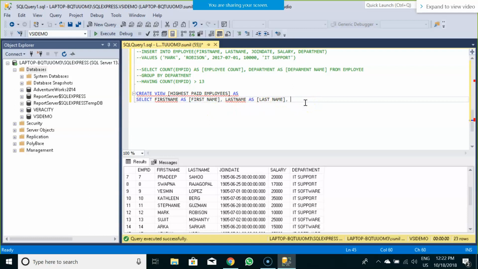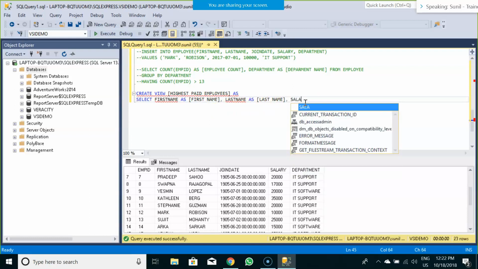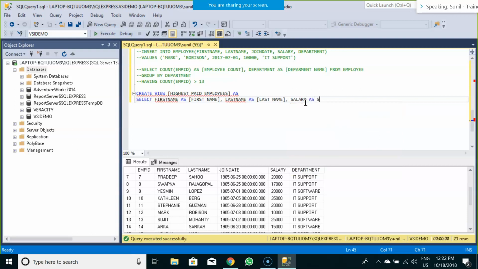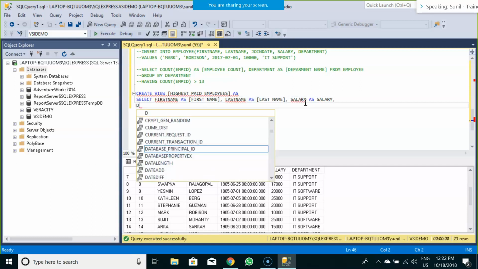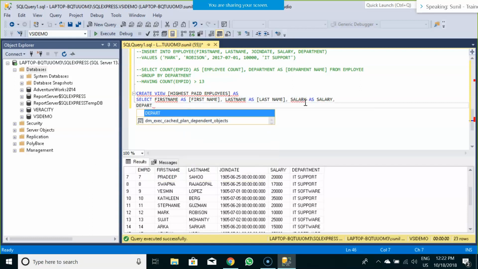Then I would also need their salary information. Salary, I don't want to rename to anything. Then I would need their department information.